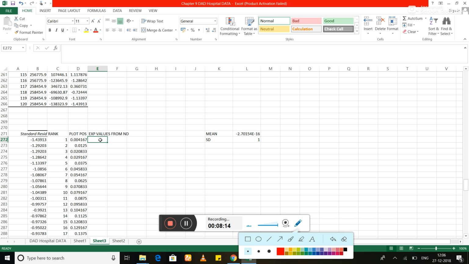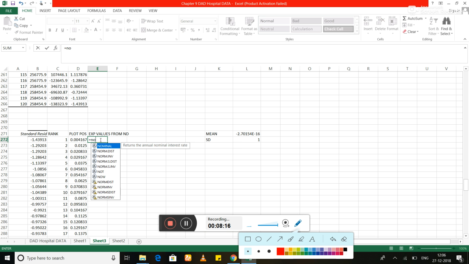To get this value, we call the function NORM.INV. Generally, to plot the probability values from the values, you go for the normal distribution, so it's the other way around here, which is why we call NORM.INV. The probability will be this plotting position, comma, mean will be this value, comma, standard deviation is this one.